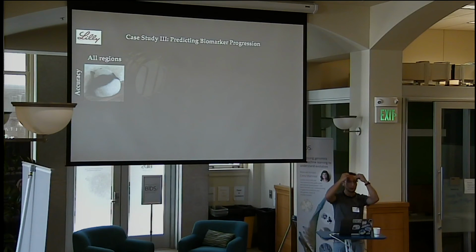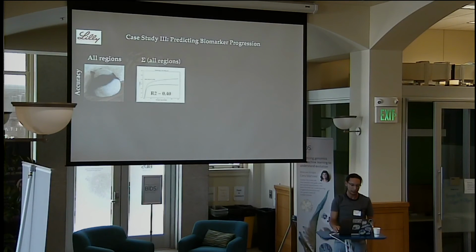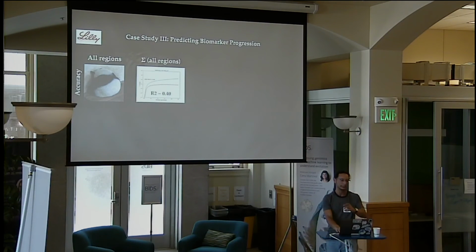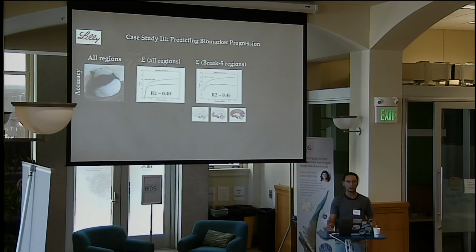What if instead of trying to predict the amount of tau protein in every region of the brain, we're just shooting for one number? What if we're trying, for instance, to predict the sum of tau protein in the whole brain? And with that, we had a little more success. Here I'm showing just the test and training accuracies, or the R-squared, as a function of the penalty that we use for the SVM model.